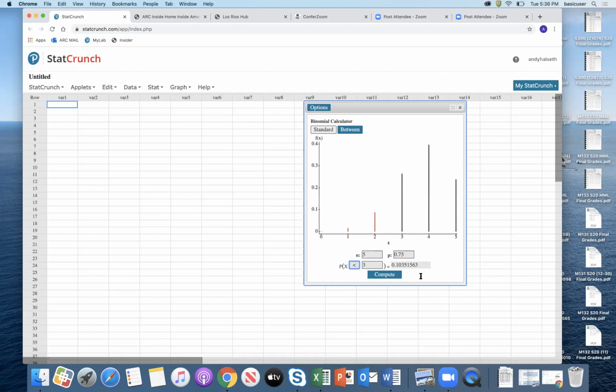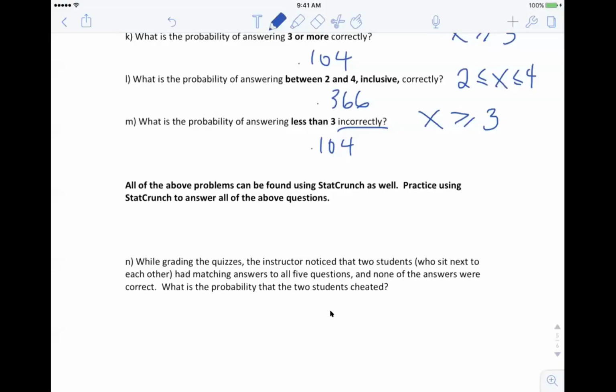So we've practiced all of those with StatCrunch. If I go back to my handout, it talks about an interesting problem. Now, can you catch people lying and cheating using probability? Let's try it. While grading the quizzes, the instructor noticed that 2 students who sit next to each other